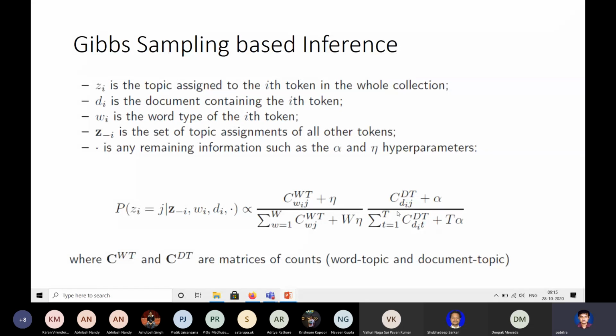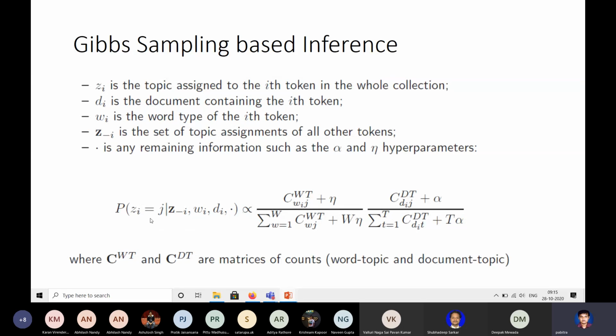And I have told you about other hyperparameters like alpha, and here it is eta again. So alpha and beta are hyperparameters of the Dirichlet. Two matrices I have already talked about. This is the word to topic assignment, the second multinomial, and this is the document to topic assignment, that is the topic proportion, the first multinomial. These two matrices I have talked about. So if we derive the Gibbs sampling rules, they will actually look like this.